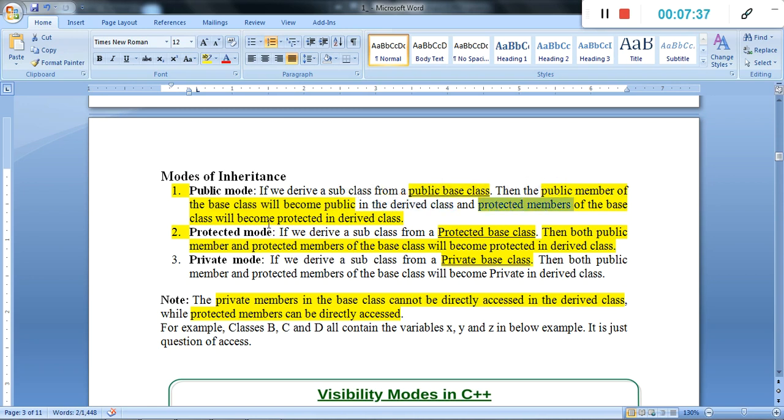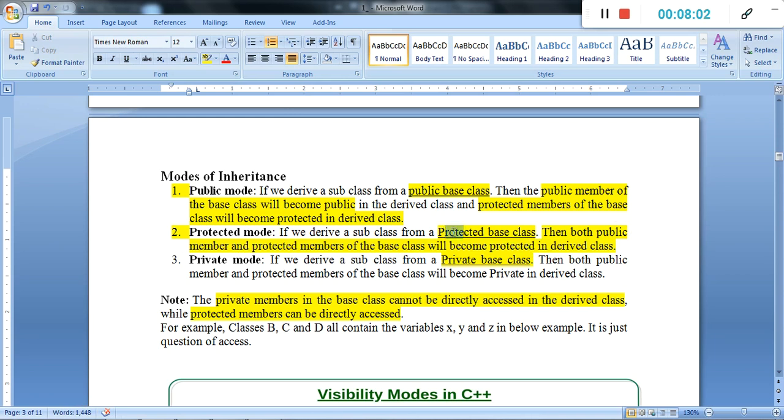Protected members of the base class will be protected in the derived class. That is simply the way under public. Means if we define something under public in a base class, it is again public in a derived class. For protected, both public and protected members of the base class will become protected in the derived class.